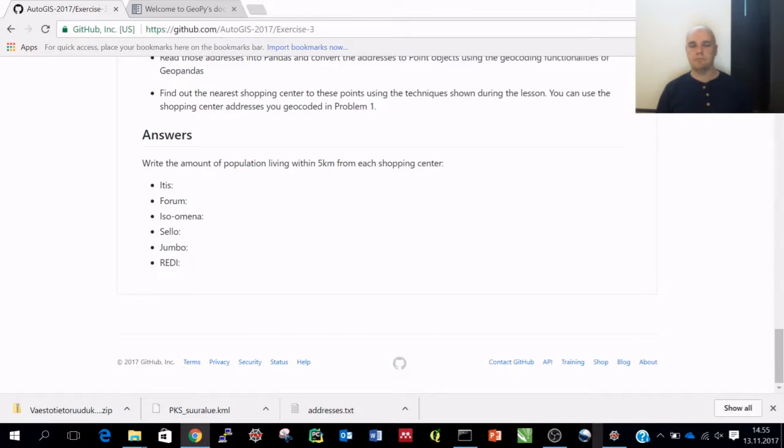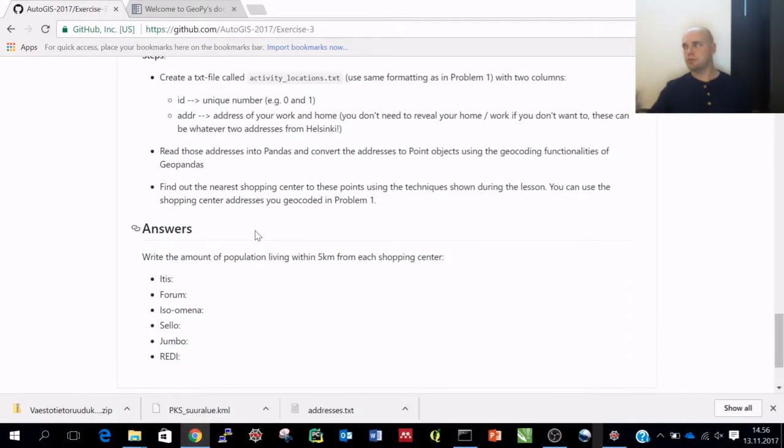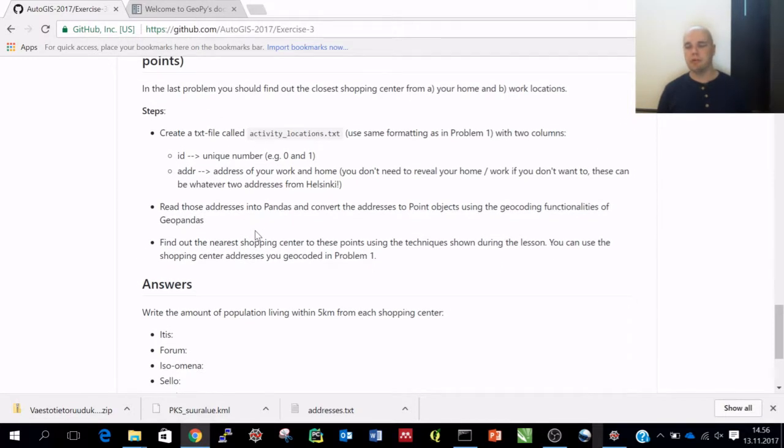Then you should write the answers, like how many people live within 5 kilometers from each of these shopping centers. So write the answers here, but you should also print them out in the code so that